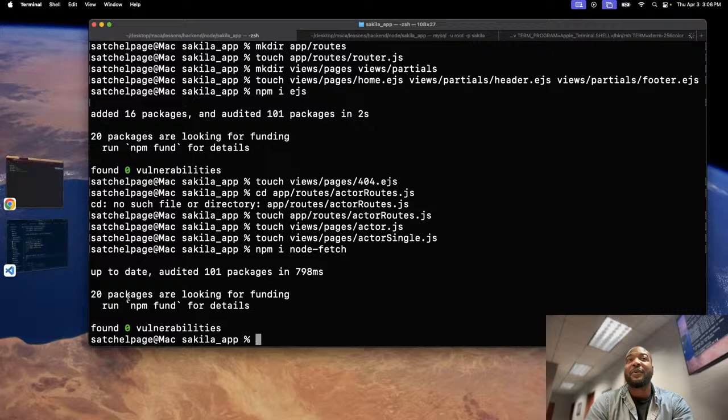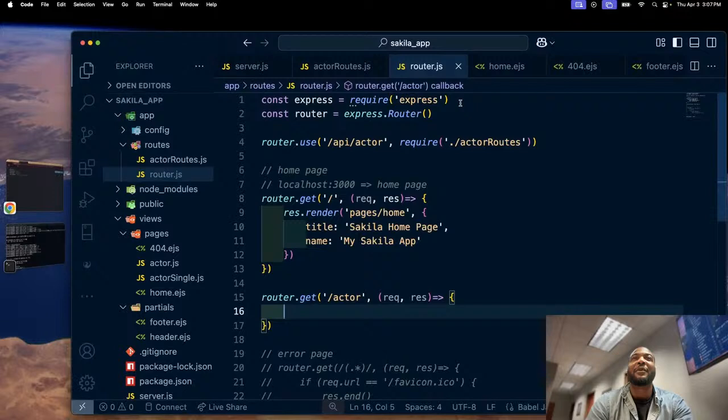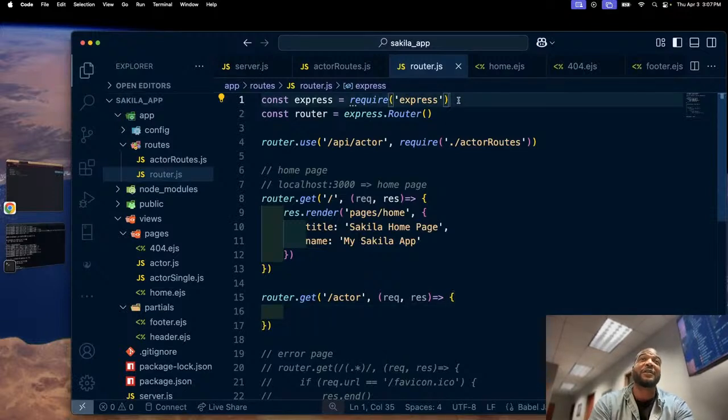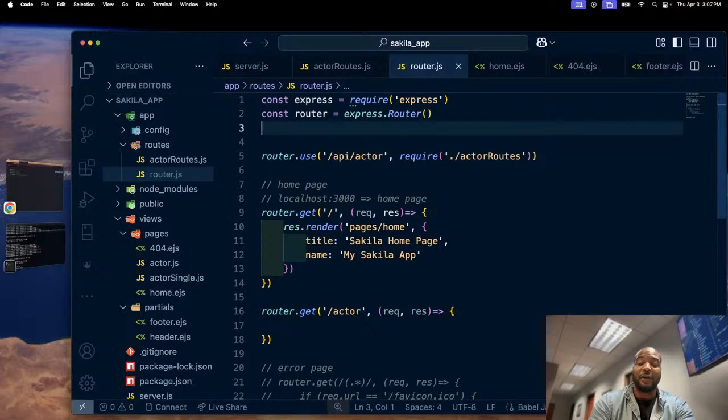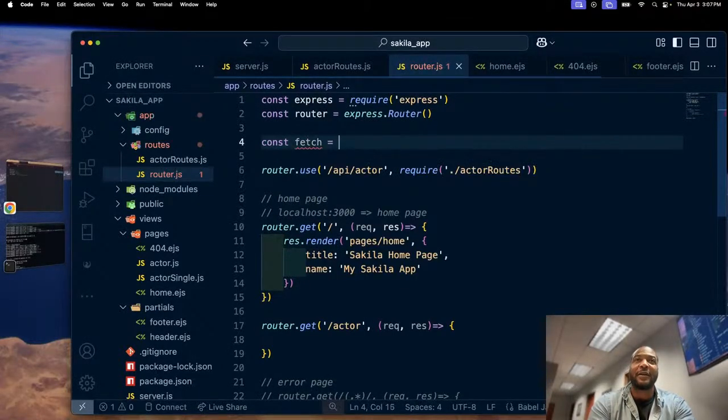And so I've installed node fetch. And I'm going to come up here, I'm going to write this function out, yeah, it is a function to get node fetch. So, and I'm going to say const fetch gets, and I cannot remember this,